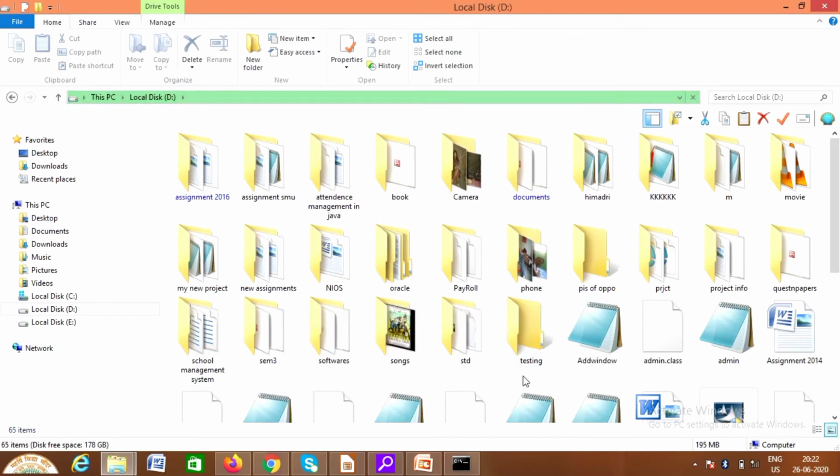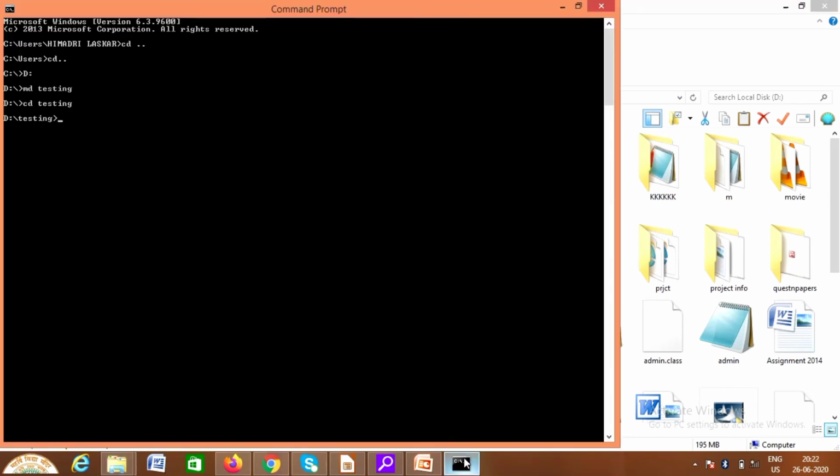So see, instead of using the graphical interface, we can also use the command line to do so. All tasks can be done using the command line, but the interface is different. Here we need to use commands, whereas in the graphical user interface we can use mouse, icons and pictures to move from folder to folder and do other tasks, isn't it, students? Now we will discuss some advantages and disadvantages of both interfaces.